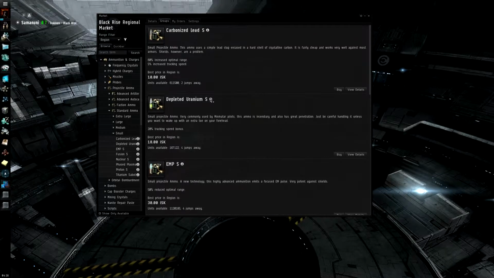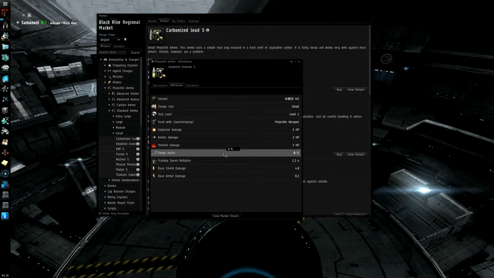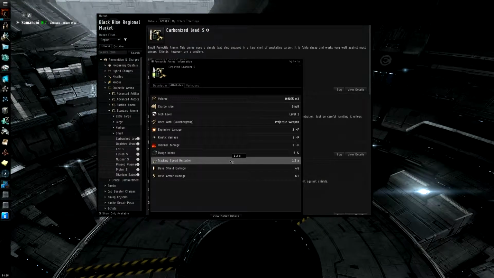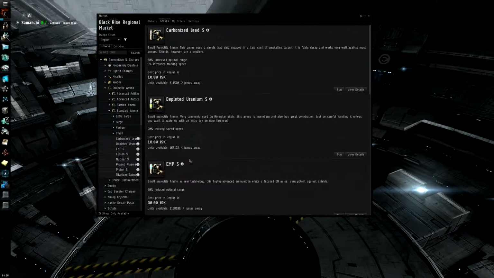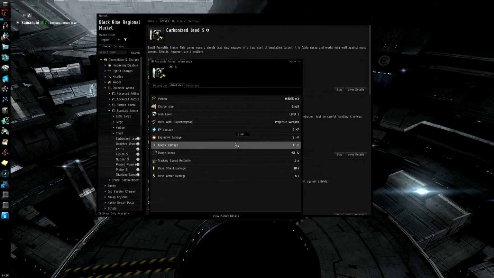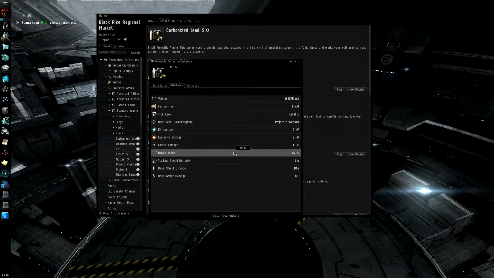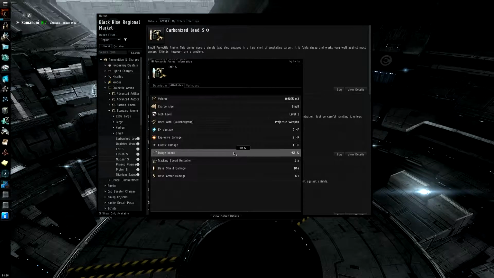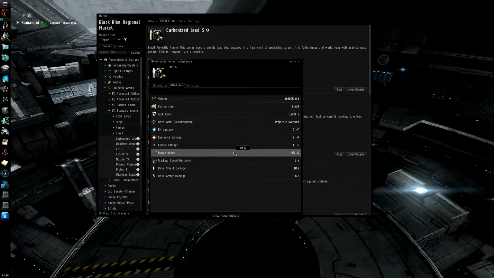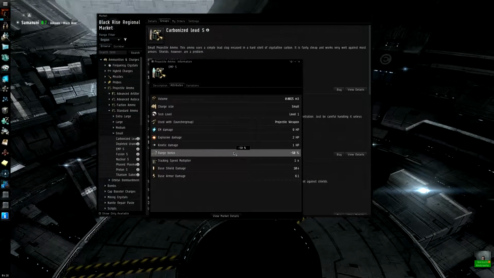While this group here has no range bonus, it does more damage, and it can also track a bit faster. While this group here does the most damage, but it doesn't shoot as far as the other two groups. So when you're actually using these, you have to understand which one's going to be best for which